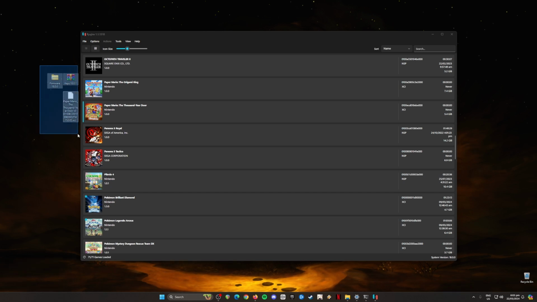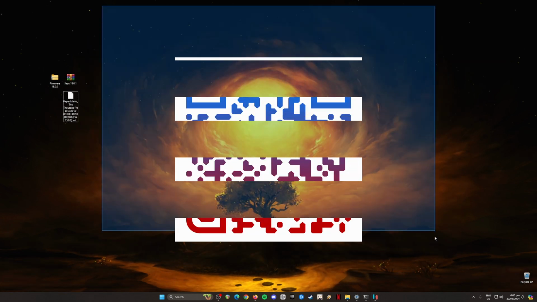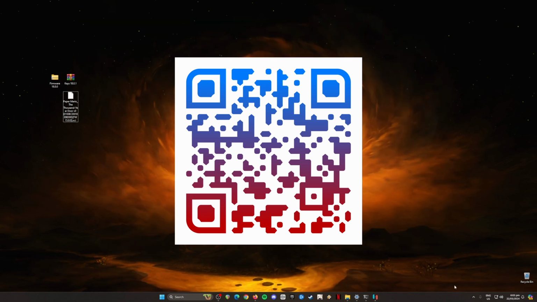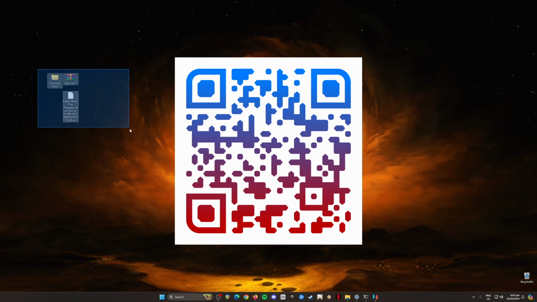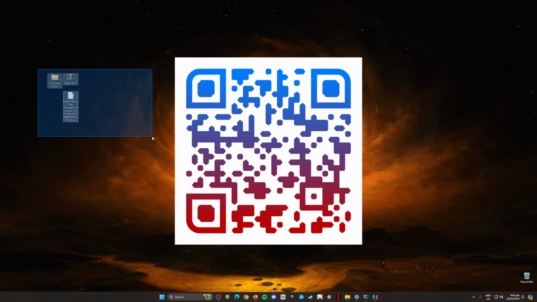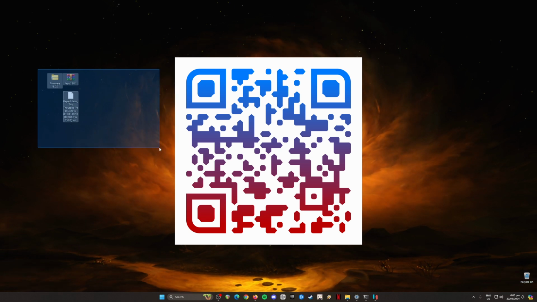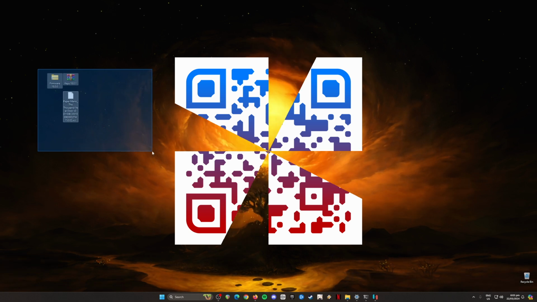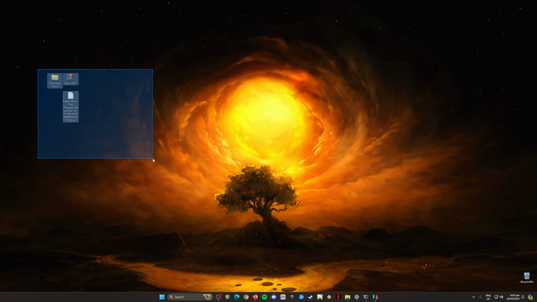So for those who want to try out this game but don't know where to get these files because you don't own a Switch, all you have to do, guys, is just scan this QR code here on the screen with your QR code reader so that you'll be redirected to the page where you can get a copy of all these 3 files. So be sure to check out the entirety of the website, and see the things that I've highlighted here on my desktop